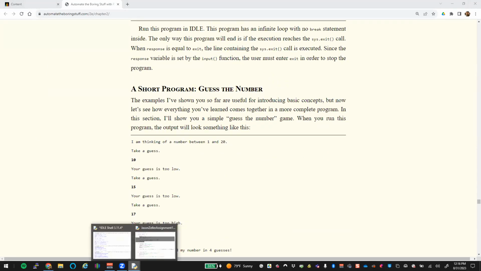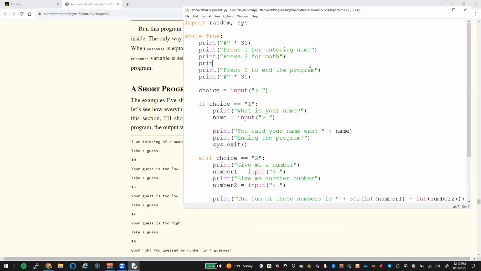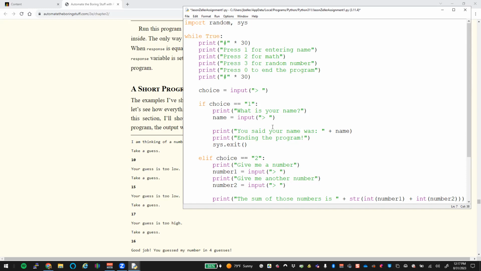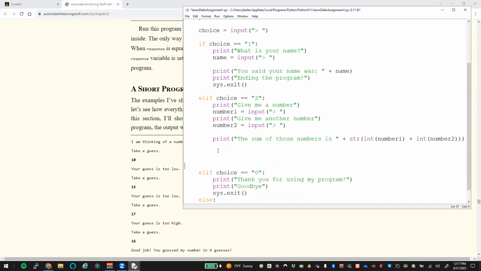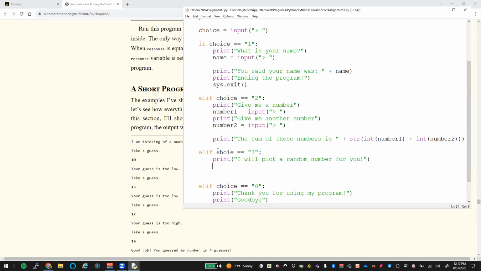If we wanted to have a little choice in here instead that said pick a random number, we could do print, press 3 for a random number. Okay, we create a choice 3 down here. elif choice equals 3. We can now say print, I will pick a random number for you. Print